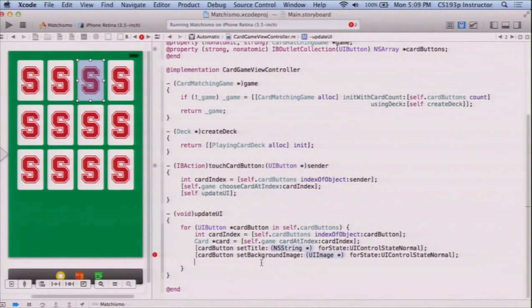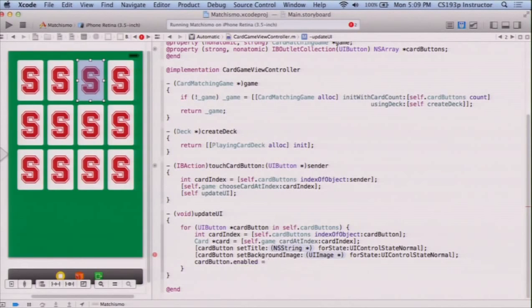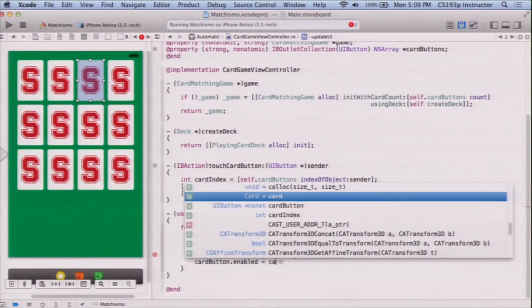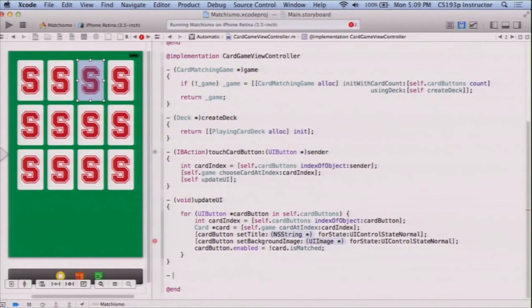So the last thing I'm going to say is the card button enabled equals the card is matched. So the button will only be enabled if the card is not matched. Now of course I have these two things which I haven't provided. We don't have that argument. And actually for both of those, I'm going to create little other methods here, helper methods. So I'm going to, for the title,